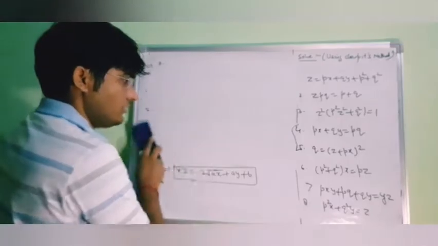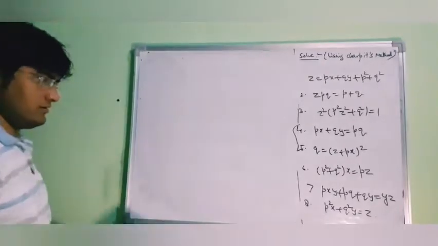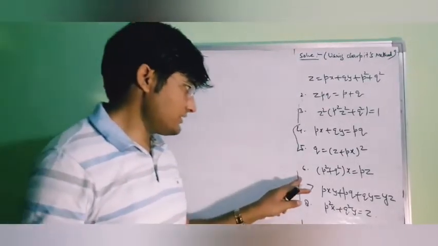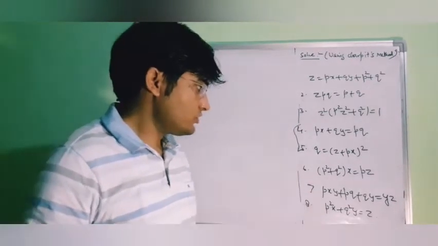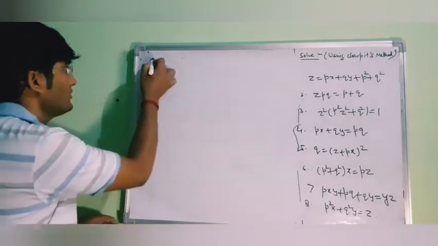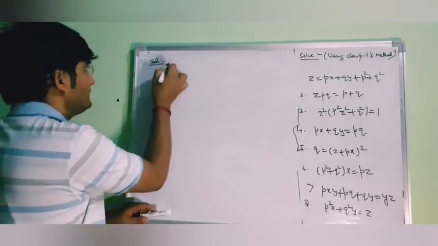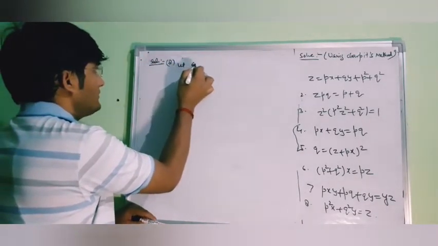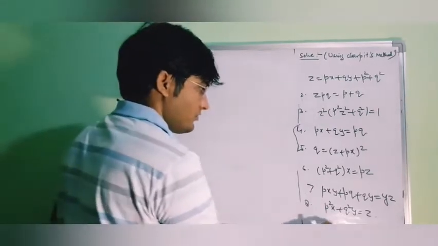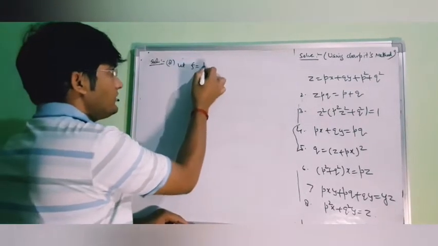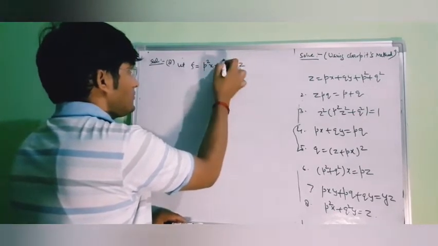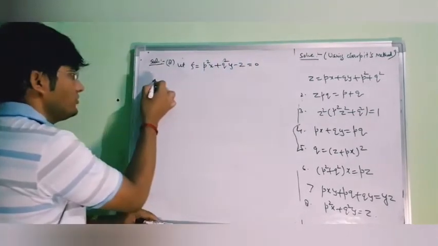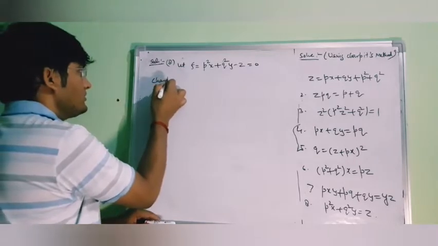Now let us solve. I think problems 6 and 7 are easy, so you can solve them. I am solving problem number 8. So solution of the 8th problem. I think this has some calculation problem. So let f equal to p square x plus q square y minus z equal to 0. So Charpit's auxiliary equation is